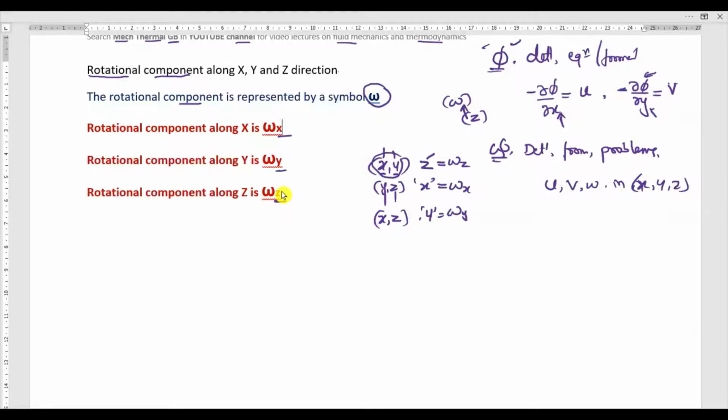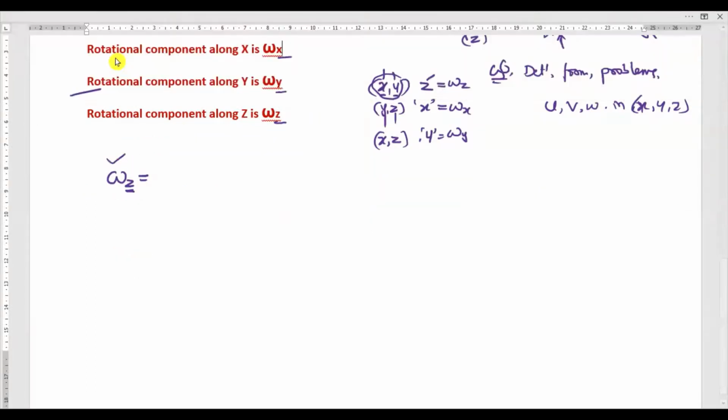To understand and write these, I will use simple tips, because there are four to five equations. It will be very difficult to remember all of them, and it is not necessary to learn them by heart, because if you make some minus or plus mistake, the entire numerical will be wrong. So I give some hints on how to remember and write these equations. Now I will write omega z, meaning the fluid is rotating about the z axis. For that, what is the hint? For the rotational component along z direction, we need to consider some hints.